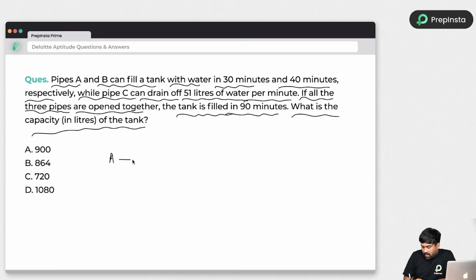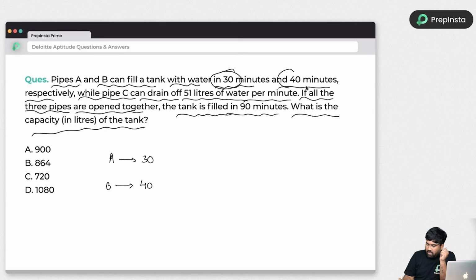A can fill the tank in 30 minutes and B can fill the tank in 40 minutes. This is a special category problem in time and work, or pipes and cisterns we can say. For these types of problems, you need to follow a better shortcut rather than going with a regular procedure-oriented method. Go with the LCM method. It will give you a very effective answer, and you will complete it in a minimum of 40 seconds. Trust me. Just look here.